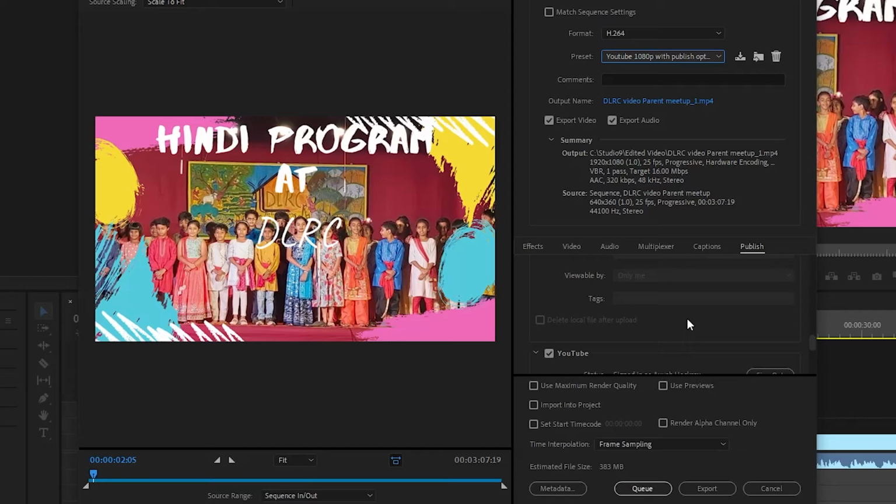But with this option, your video is exported and directly uploaded. So you don't actually have time between the export and the upload. They both happen back to back. So you don't have any time to watch the video once it's exported. So you always have to be careful while working on your file, and you have the export settings with the publish settings enabled. So now I'm just going to go and click export.